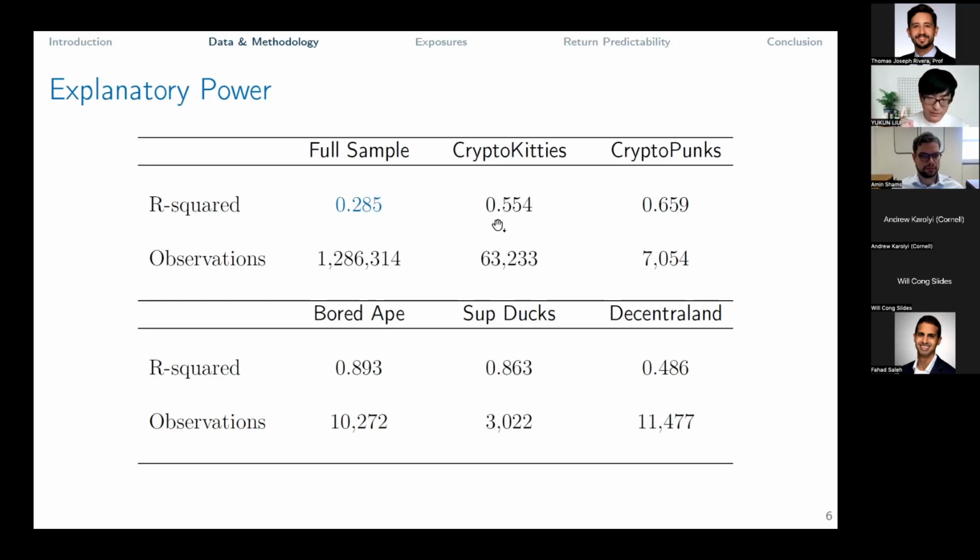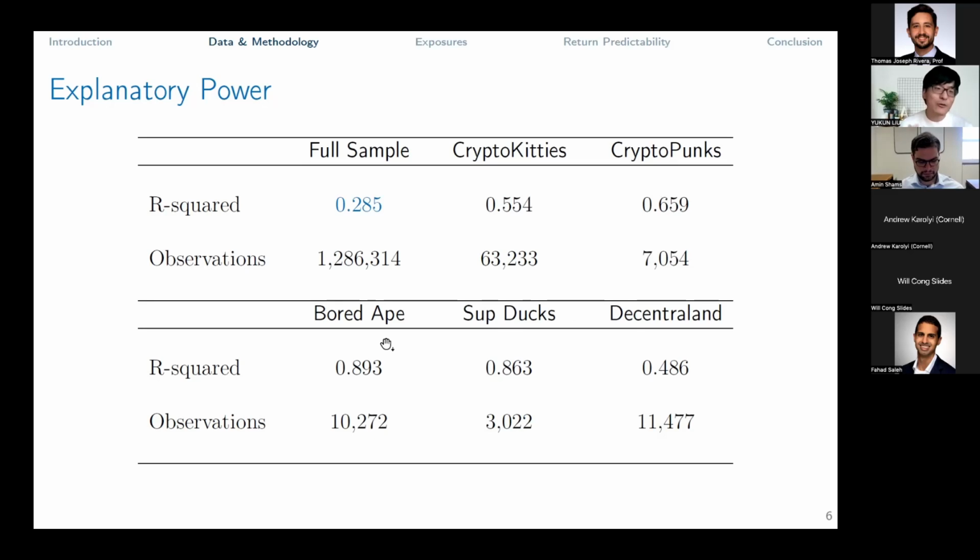Within each category, within each collection, such as the famous CryptoKitties, which is perhaps one of the earliest NFT collections, although we didn't call them NFTs at that time, or the more famous ones, CryptoPunks, Bored Ape, and some of the newer ones, Sudoducks, Decentraland, the explanatory power is of course even higher. For Bored Ape, it's almost 90%. For Decentraland, the different lands can be very different, and that's almost 50%. With 90% for the Bored Ape, or 66% for the CryptoPunk, what it means is that